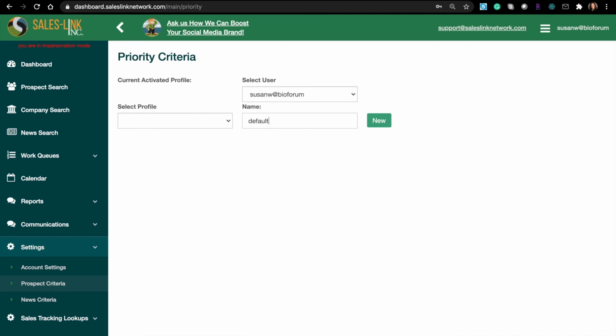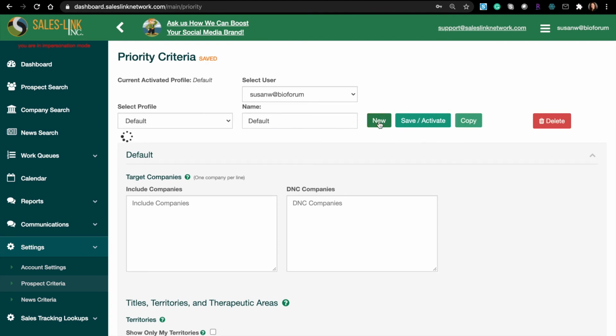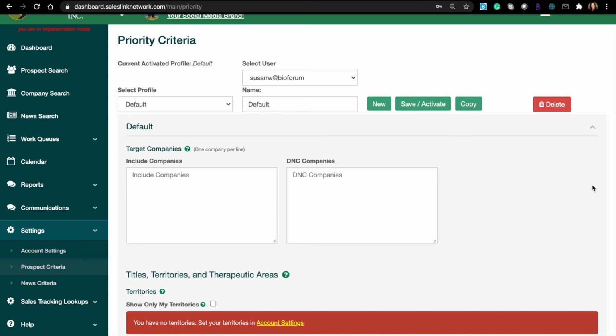This area here allows you to be a high-powered user of the system and allows you to create lists of contacts that you're interested in pursuing. So we might just have a default listing here, and I was supposed to hit new first and then say default. Okay, I'm going to save. Now, the reason why you have a default is because you may have some special listings you want to create later. But as my default, I may just say, you know what,